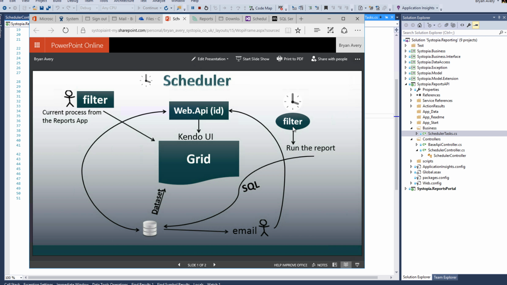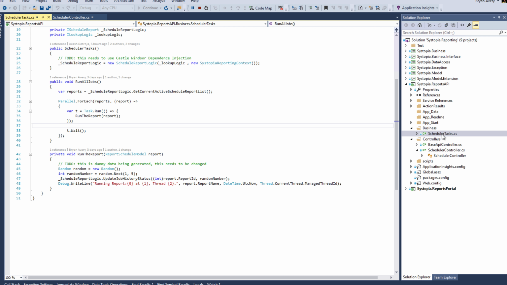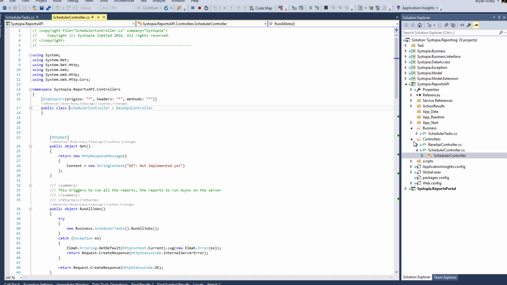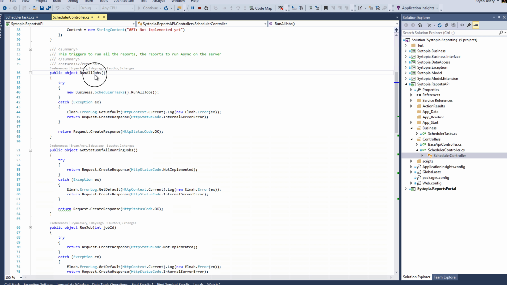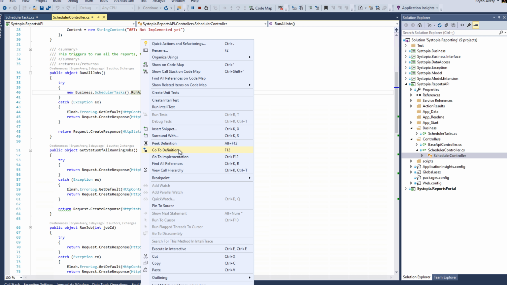So what happens here is the actual scheduled tasks over here in the reports API, sorry, schedule controller. The scheduler will run all reports. This then goes off to run all reports. I've already put around here, try-catch exceptions, and if it fails, it reports the error log and returns back there's been an internal server error. Otherwise, it just returns back OK. So this here, if we go into it,